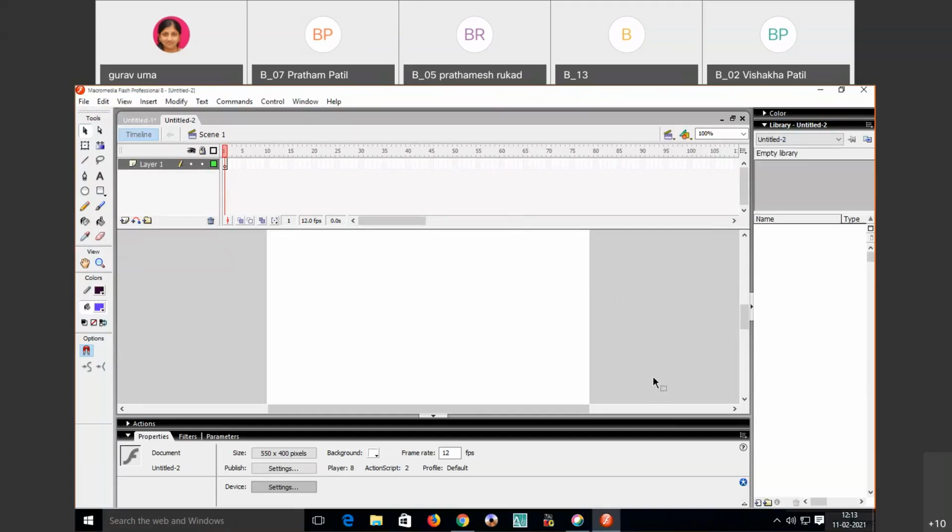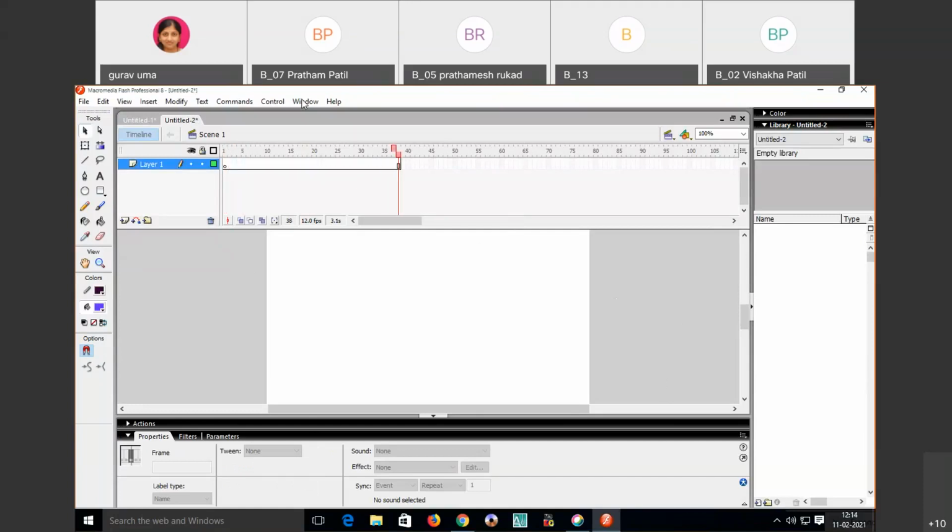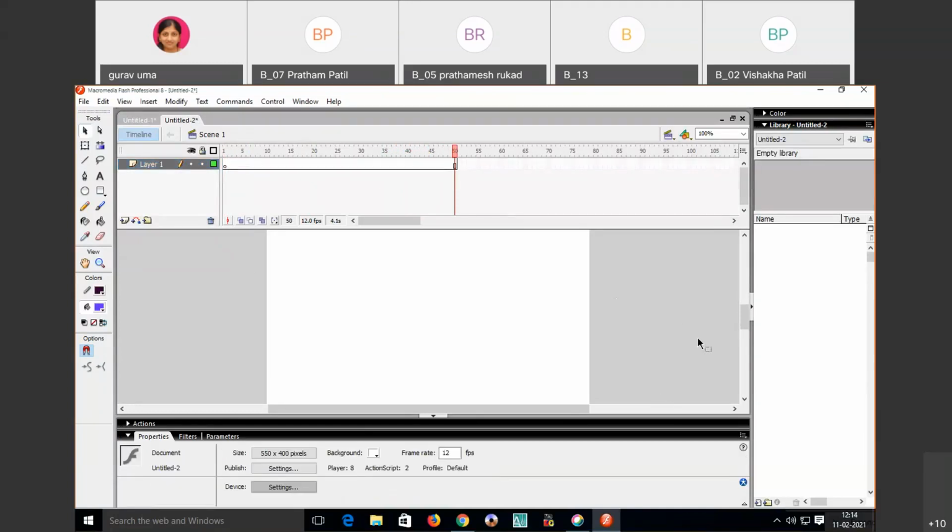So the first step, I am just summarizing it, is to set a frame size. By clicking on F5 function or function plus F5, you will set a frame size. Now here in this case, I will set a frame size by clicking on F5. Suppose I have set my frame size till 50.